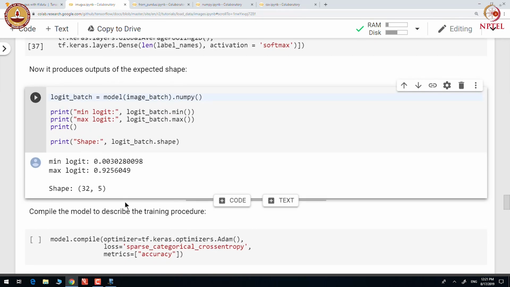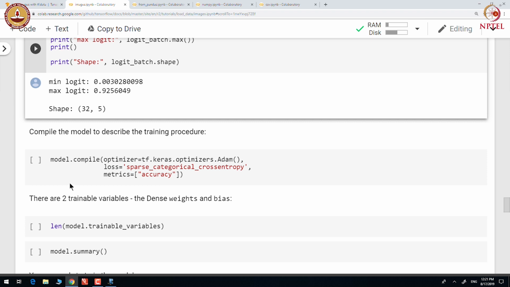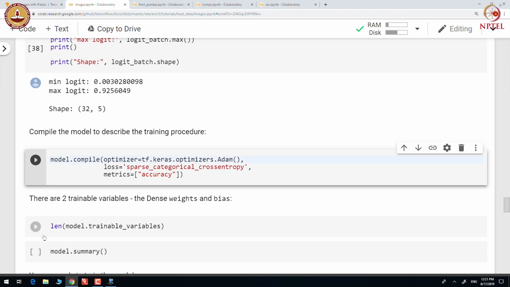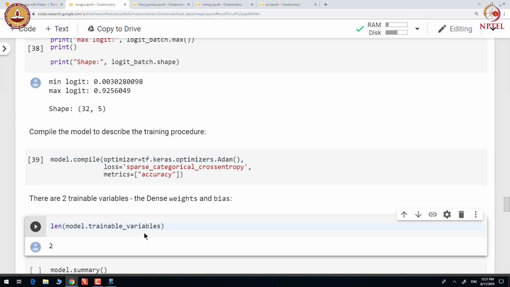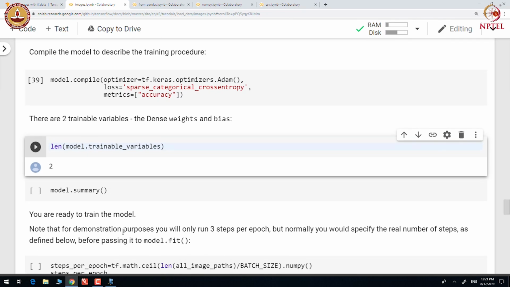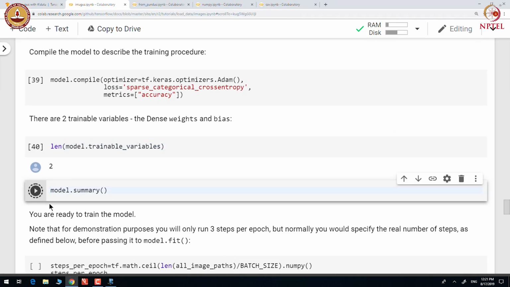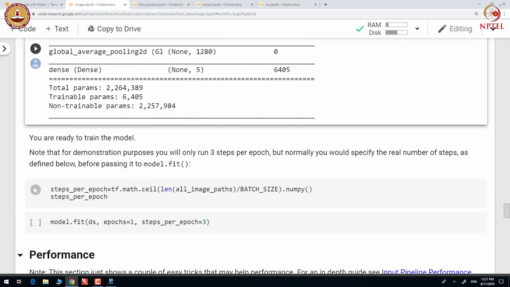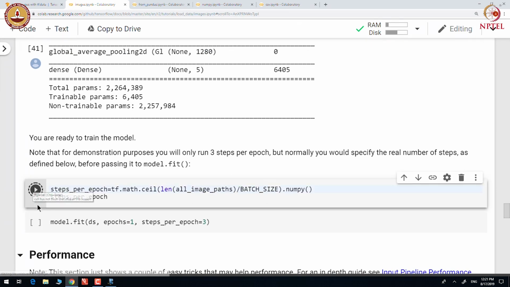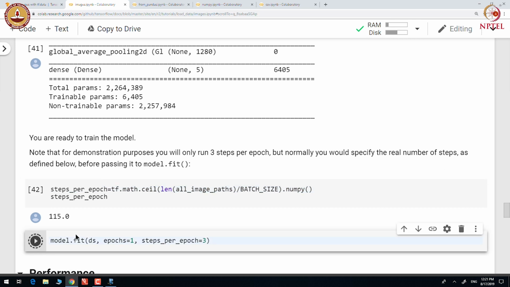We can see that it produces output of the shape 32 by 5. We compile the model to describe the training procedure. And train the model. For demonstration purposes, we will only run 3 steps per epoch.